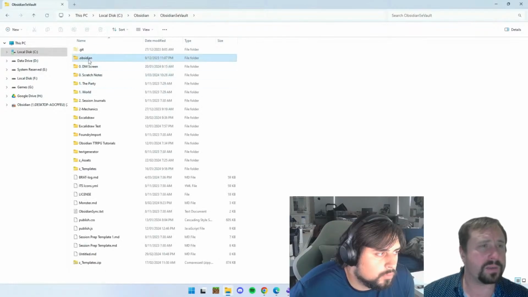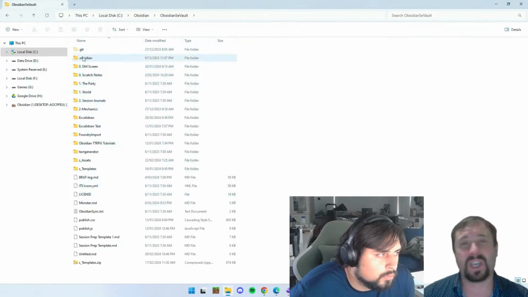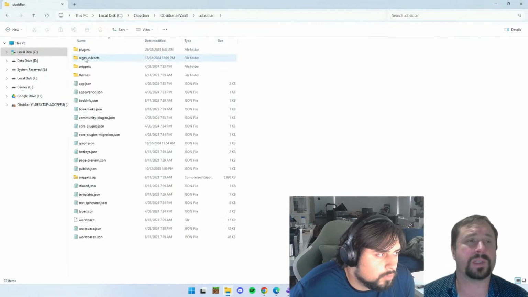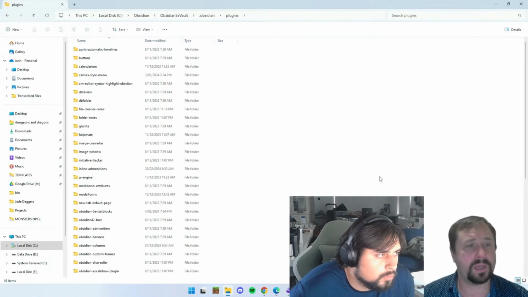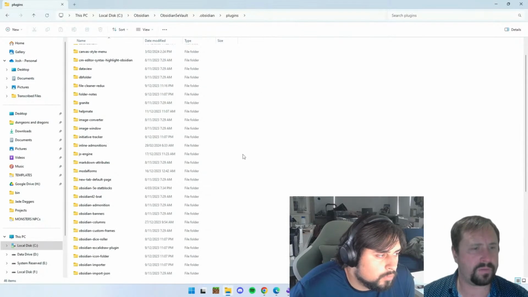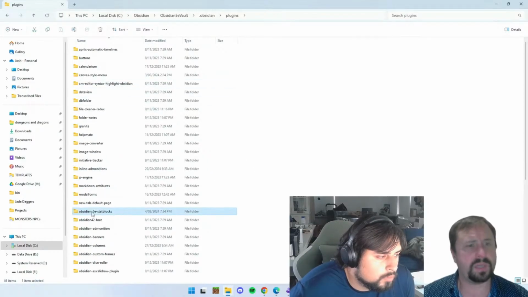No, it doesn't open anything. Sorry, it saves them into this, so into your vault, into the .obsidian folder, all right, which is a hidden folder. You might need to enable hidden folders in order to see that. In plugins, and then if you come down here, you will find Obsidian 5e, there it is, Obsidian 5e stat